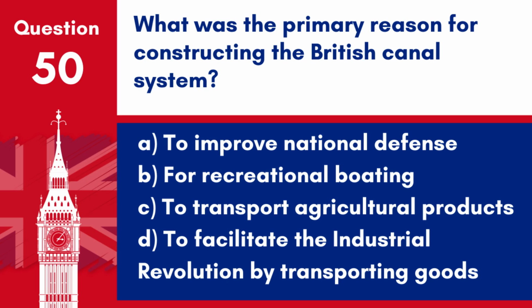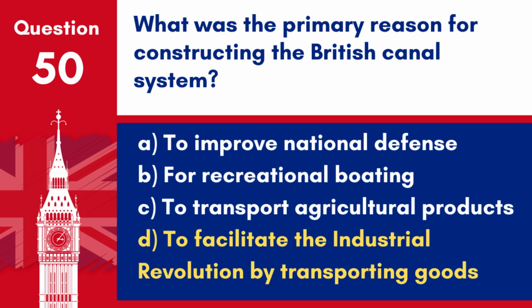Question 50. What was the primary reason for constructing the British canal system? A. To improve national defence. B. For recreational boating. C. To transport agricultural products. D. To facilitate the Industrial Revolution by transporting goods. Answer D. To facilitate the Industrial Revolution by transporting goods. The British canal system was primarily constructed to transport raw materials and manufactured goods during the Industrial Revolution, significantly boosting